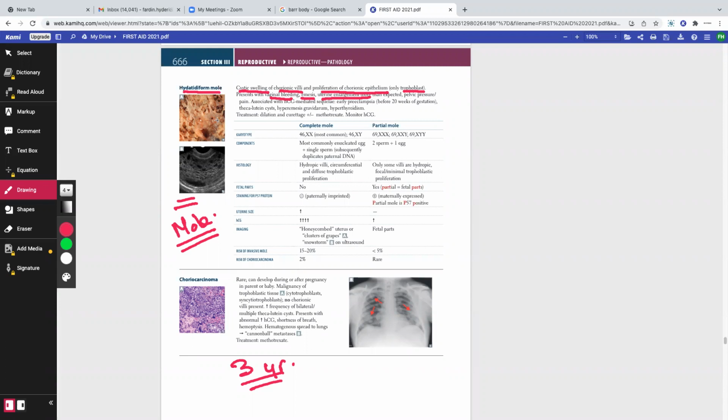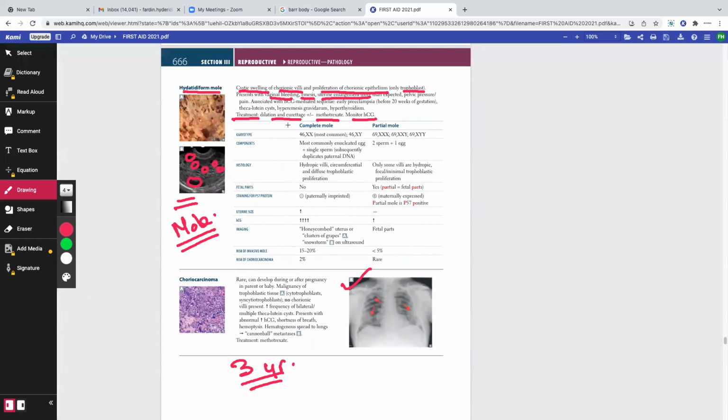So when we do a visualization of the abdomen or an ultrasonogram, can we see cystic dilatations in the uterus? Yes or no? The answer is yes. Not snowstorm. Snowstorm is in the lungs. In the uterus, on ultrasonogram, there will only be cystic dilatations. As simple as that. So when this happens, first and foremost, treatment is very simple. We need to dilate and curette and remove all the hydatidiform mole. And then we can also give methotrexate that will decrease the growth of the developing mole. And we can monitor the HCG to guide our treatment.